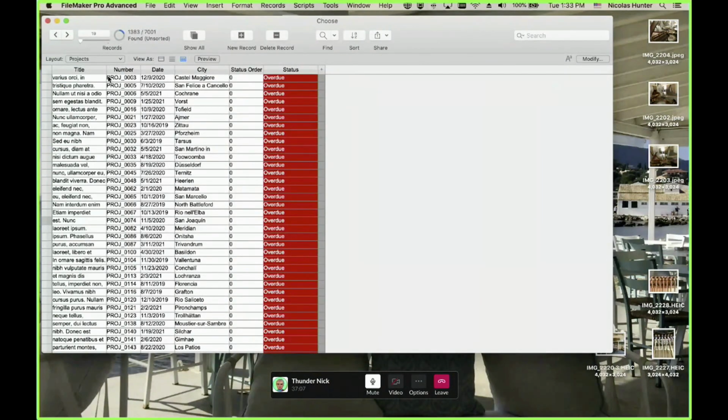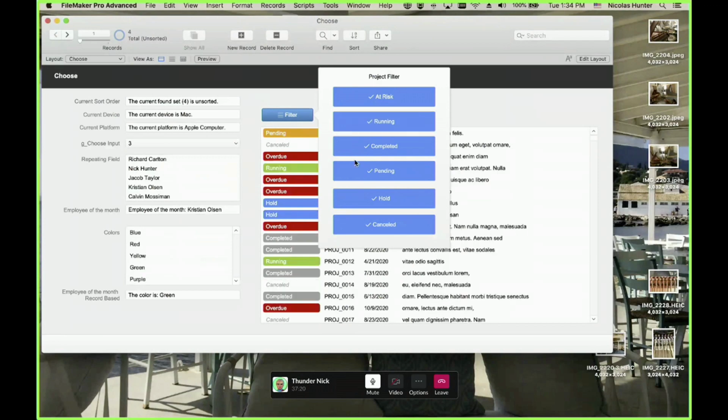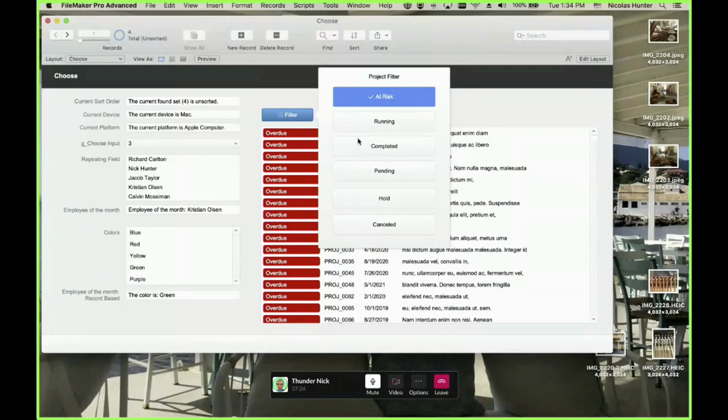Now, what is interesting here, so I changed this, right? What is interesting here is when I go there, and now it says overdue is still red. Before, I had a filter that was saying at risk.